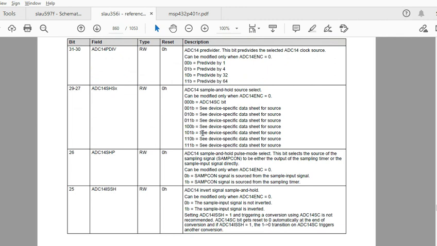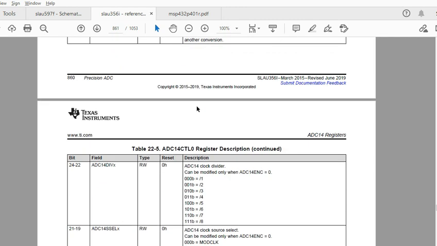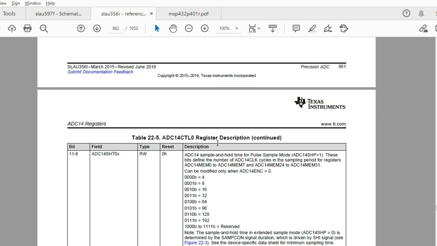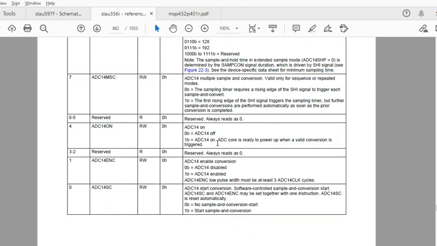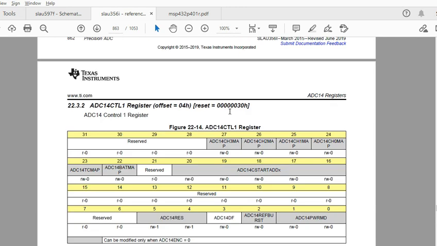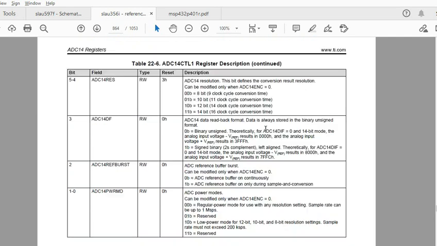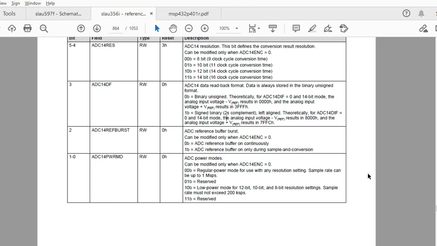And then if you want to pre-divide the clock, you have to select this. Again, all depends on your application and how you select this. These are all straightforward configurations. If you want to leave them by default and only enable, you can do that as well. And then ADC control 1, where we talked about the other configuration, whether it is a binary unsigned or a signed binary configuration, that can be done using ADC control 1.